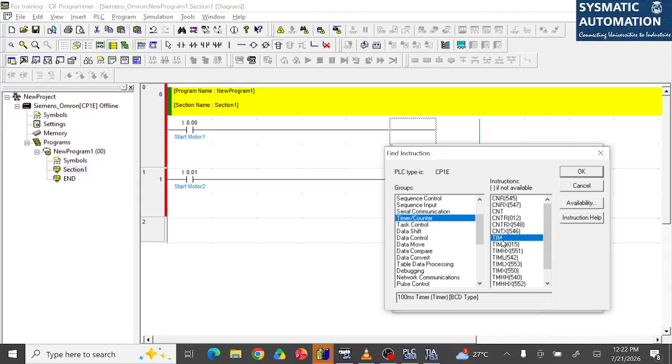There are different timers. TMH, this is 10 millisecond timer. High speed timer, BCD time. BCD is binary coded decimal. Then this is again 10 millisecond timer but in binary format. So there are different types of long timer, binary. So to start with, we'll go with